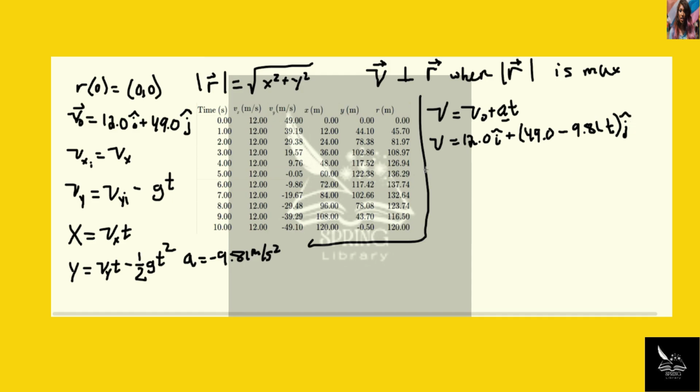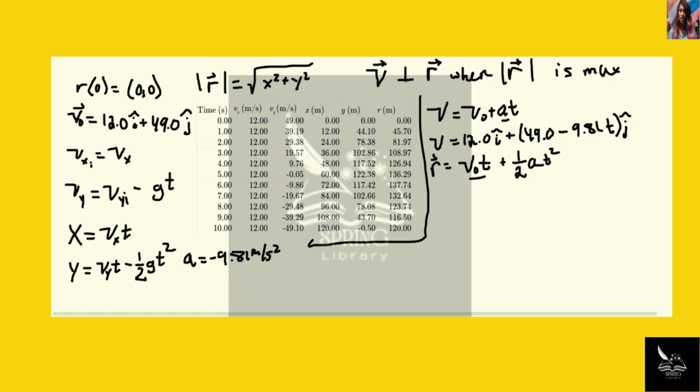And we can also do a displacement vector, doing v naught t plus 1/2 a t squared. And when you plug in all the stuff that we have for that, we have the initial velocity vector right here. And we also know that the acceleration is the negative 9.81 meters per second squared. So when you plug all that in and you go ahead and clean this up, we look at something of the nature of